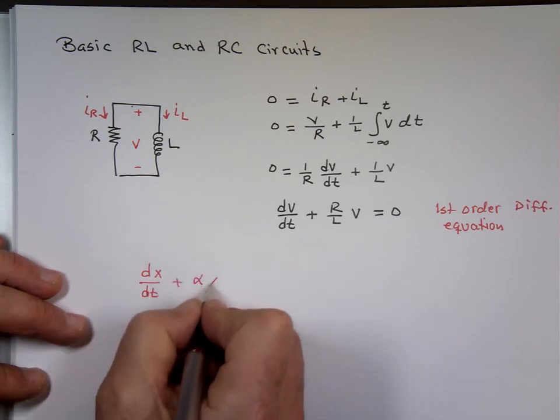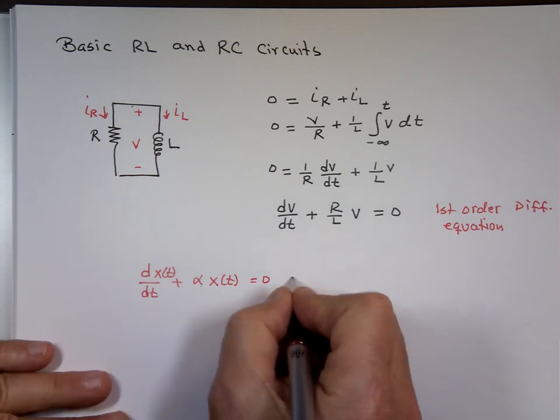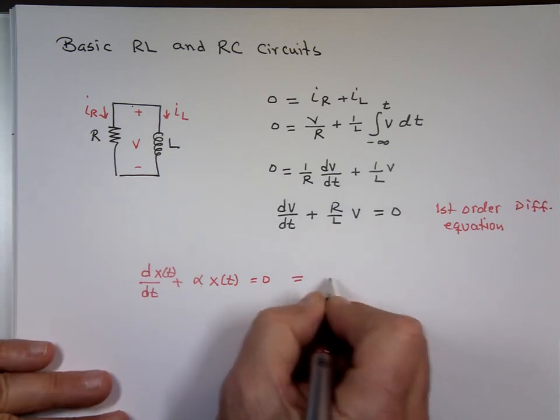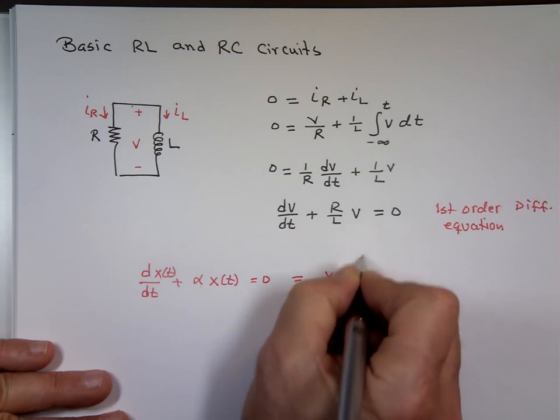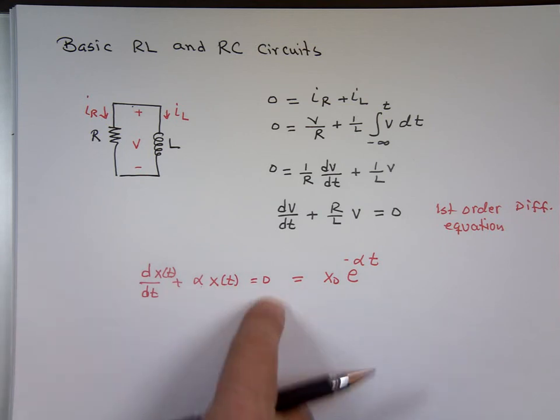I call it alpha. Usually that's a function of time, equals 0. The solution for that is always going to be some initial condition times e to the power of alpha t. I had a handout for that and I was looking for it too and I can't find it. I think it's negative alpha t. We can research that one. We can try to derive it, but I will leave it. It's negative alpha t. And if this is not a constant here,